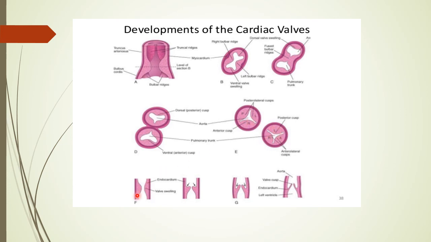And in this diagram, you can see how the hollowing of these swellings occurs to form the valvular cusps. These arrows show the region where hollowing is taking place, more hollowing, and finally we see that the distal parts of the swellings have become hollowed out, and they form these cusps, which form a valvular mechanism. They allow the blood to pass in this direction, that is from the right ventricle to the pulmonary trunk, but not back, and from the left ventricle to the aorta, but not back.